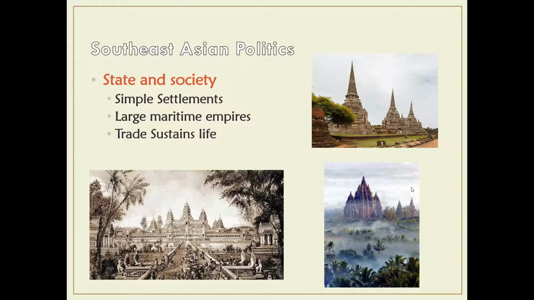And because you had such diversity of cultures, diversity of people, diversity of food, clothing, etc., it was an empire that was sustained a lot by trade. Trade was very important for maritime Southeast Asia. The goods that you could find on one island wouldn't necessarily survive on another island, or weren't made in another island. So trade was very important to not only sustain life, but also to sustain these empires, to move money around, to move the goods around, to move people around in order to make it a much more connected area.